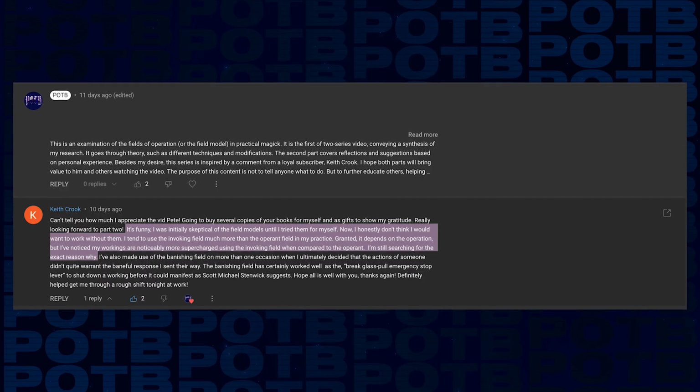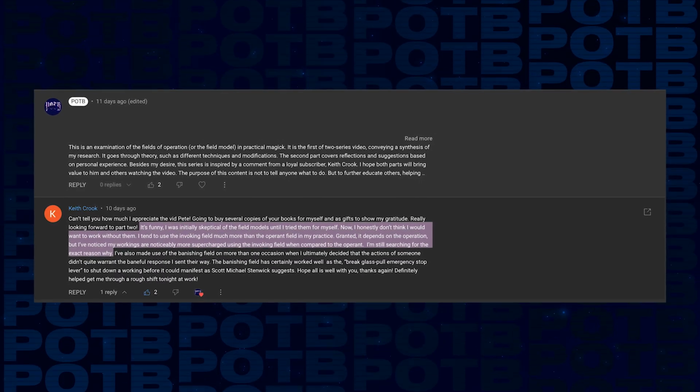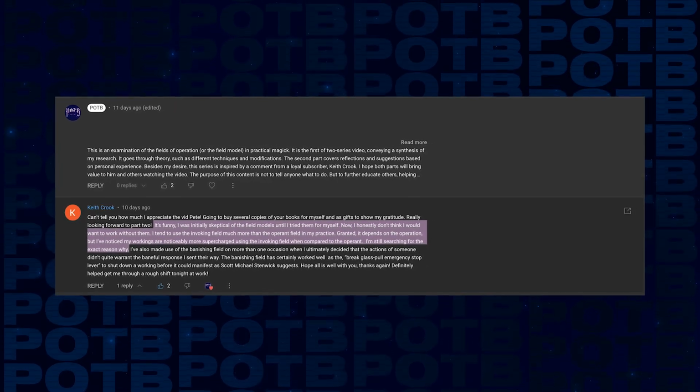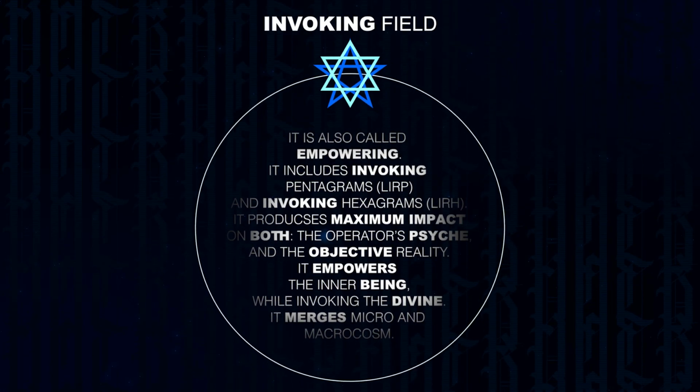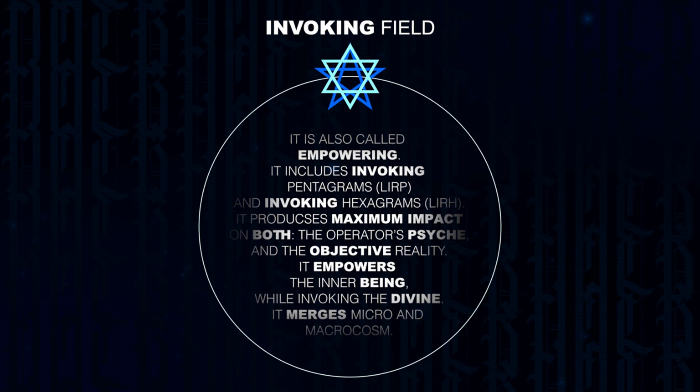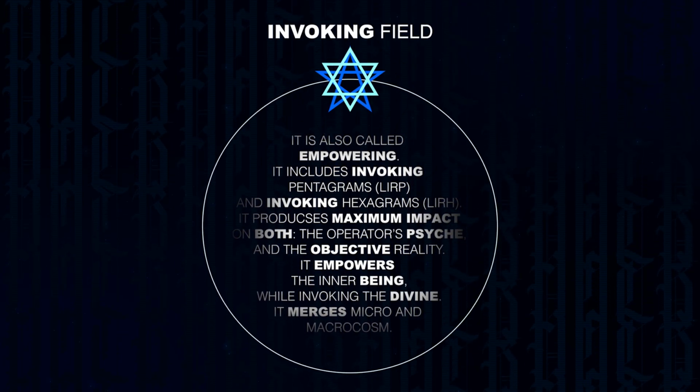After testing and trying, Crook shared that none of the others produces the kind of impact the Invoking field does. I'll be happy if you let me know whether any of you guys get similar results, and if so, in what manner. LIRP. This is why I see LIRP as very underrated compared to its counterpart. It doesn't remove, but it brings you into the magic along with LIRH's macrocosmic probability shift and the force you invoke next. LBRP purifies your inner being, but I wouldn't say LIRP does the opposite. It consecrates your magic,